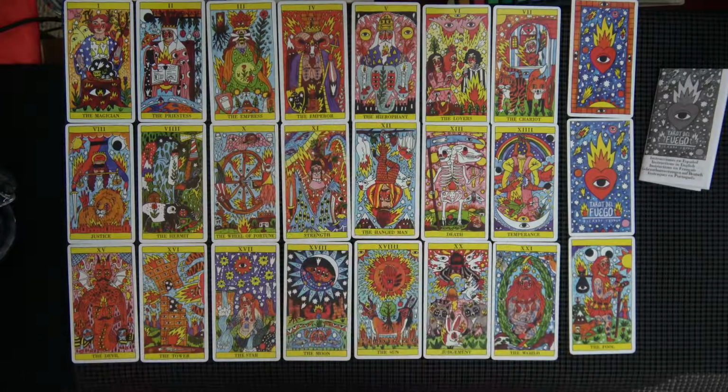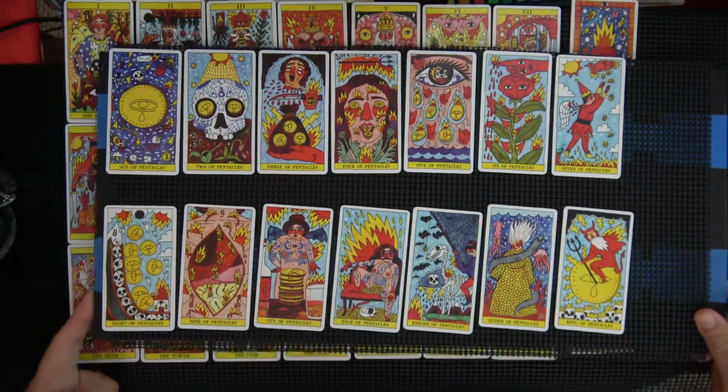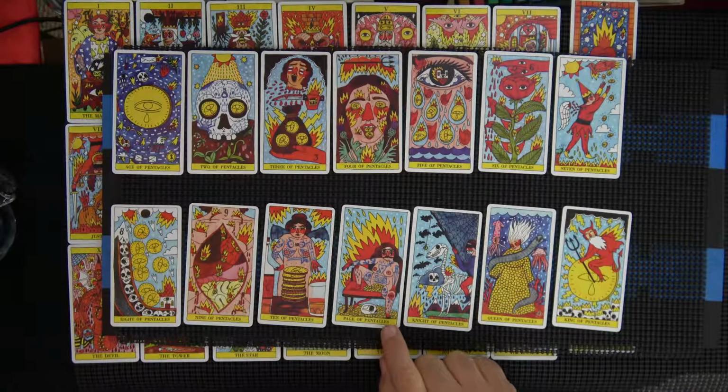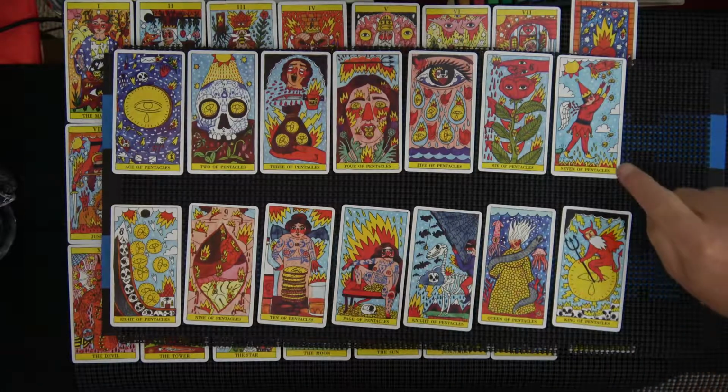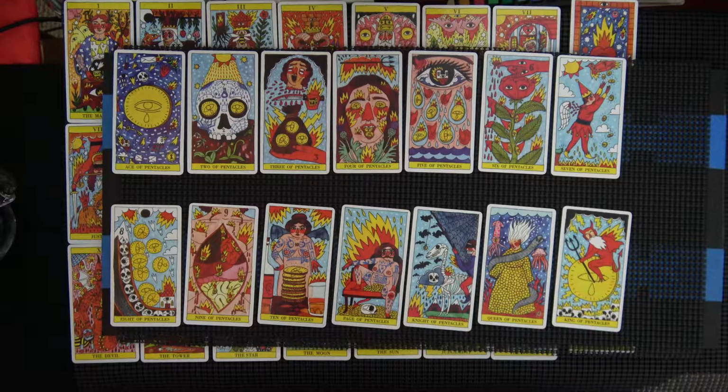So that's the 3 rows of 7. The major arcana trumps, yada yada. Here comes the Pentacles. See if I can keep it straight this time. Pentacles. Whoa. That kind of looks like a lady, but she has a mustache. Again with the flames coming out the rear. Is that straight? I think so. This guy's wings look like they're getting ripped off. There's a lot going on. I don't know if all those symbols are meaningful to me at this point, but